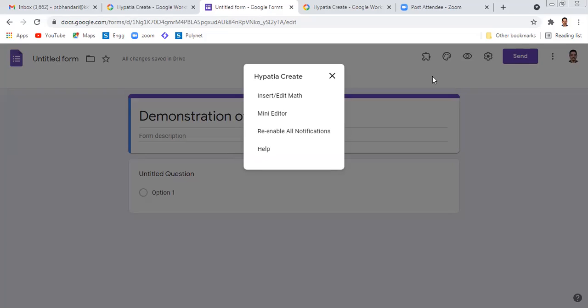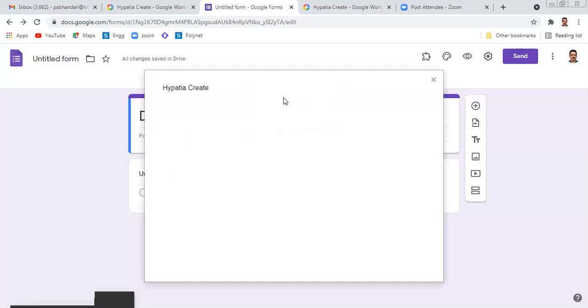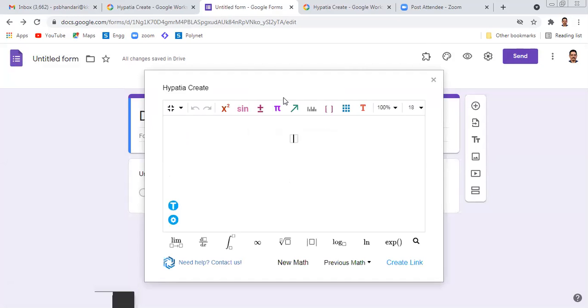We'll try to understand both tools and how they can be used. So I'll click on insert or edit math. A new window will pop up and cover my Google Form.